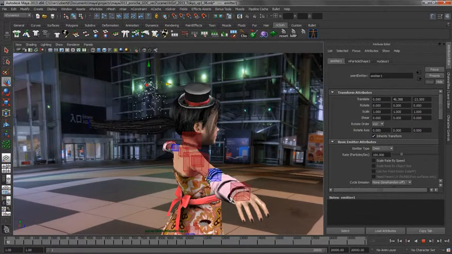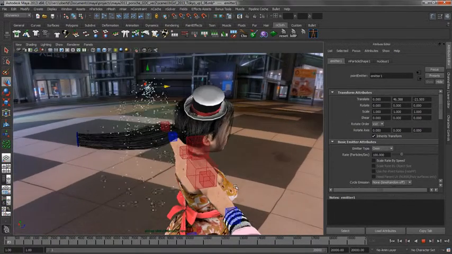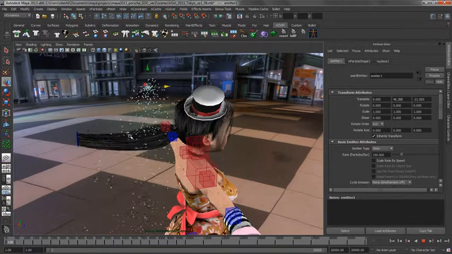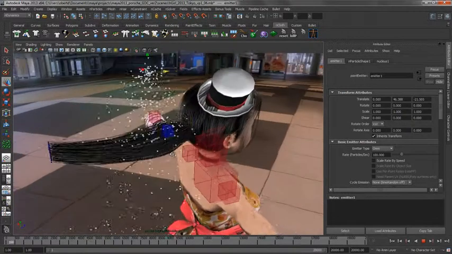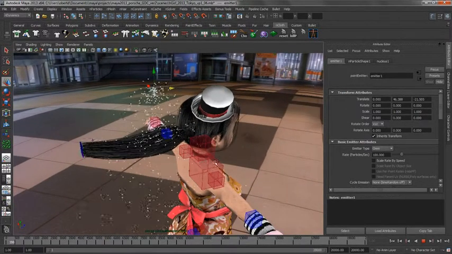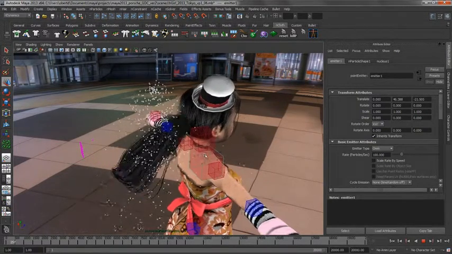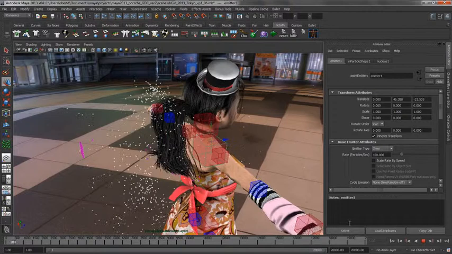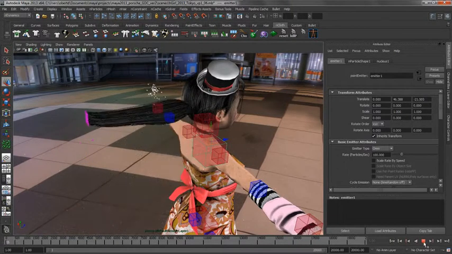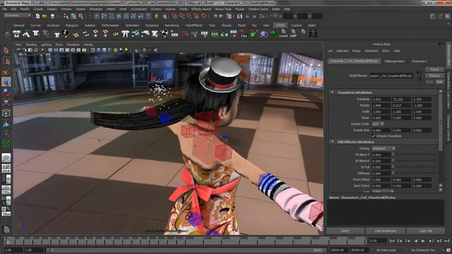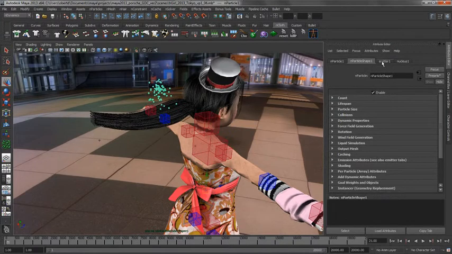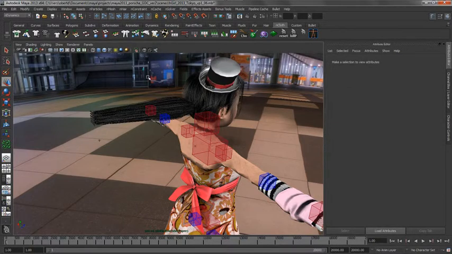So as this plays back, you can see obviously that emitter is kind of coming down here. It's starting to add a little bit of particles into the scene. Some of those particles are getting stuck on that hair. If I move this girl around, you can see the bidirectional nature, so those particles start to get pushed around by that hair. We can also use those nParticles to actually start to break this hair. So let's go ahead and change some of the attributes on these. We'll just go to the nParticle shape. I'm going to turn it into a stream of water, essentially. And what we'll do is we'll just grab that emitter,